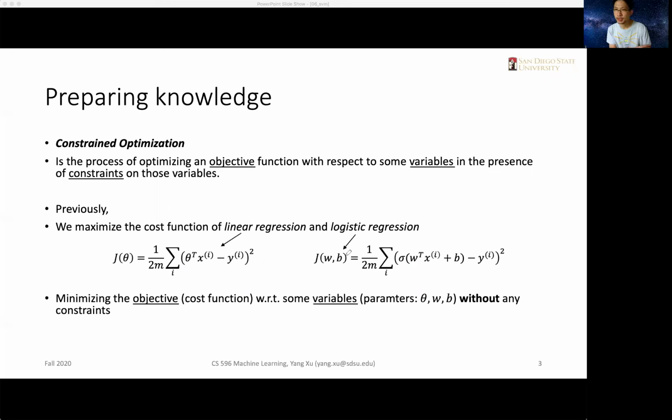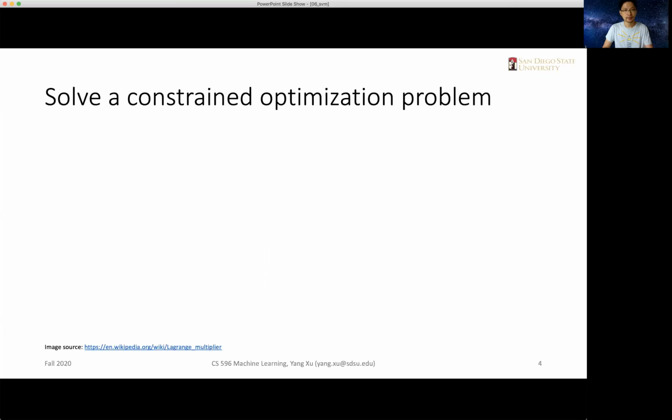We simply use the gradient method, taking the derivatives of the cost function with respect to the parameters. Things are more complicated when there are constraints present. If we want to solve a constrained optimization problem, we need to use a technique called